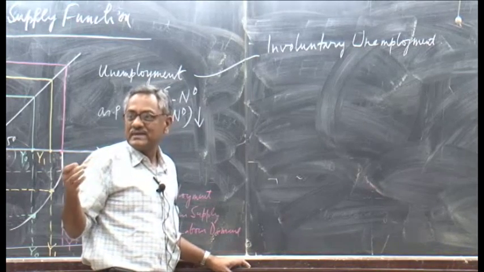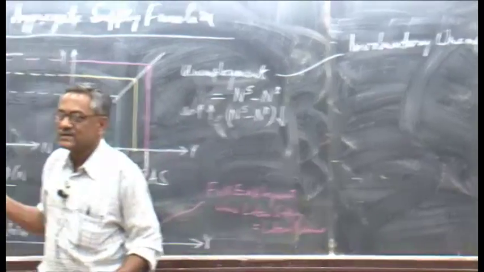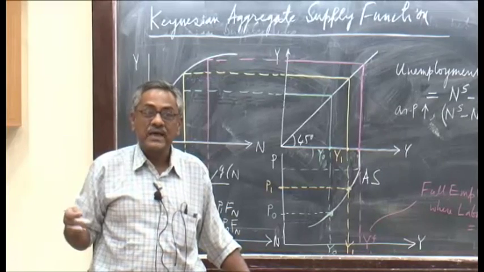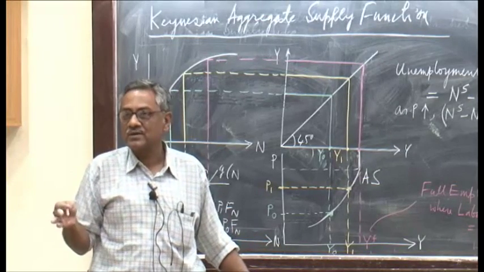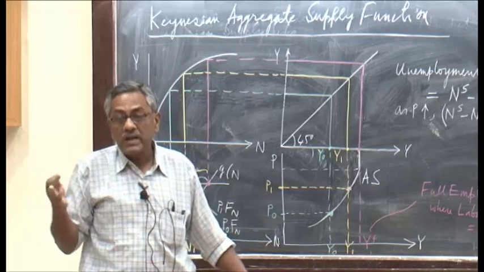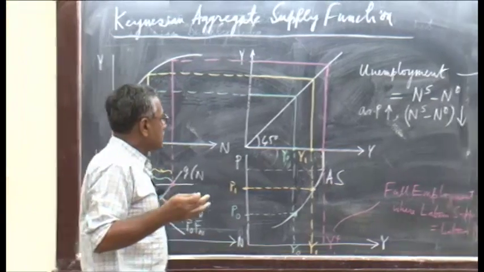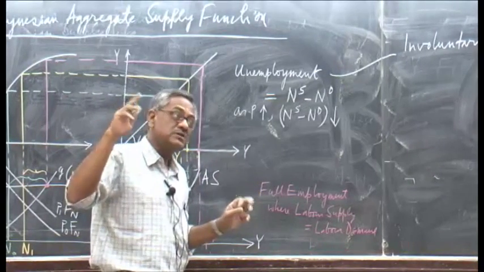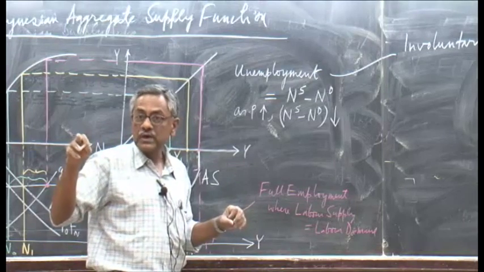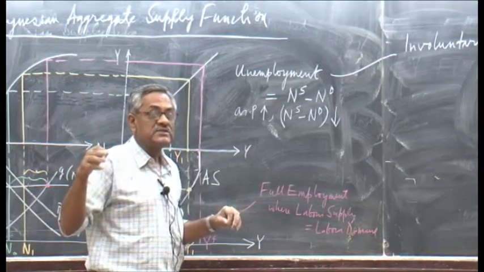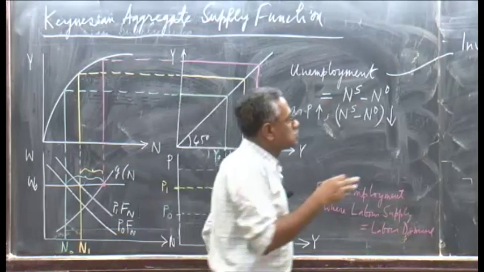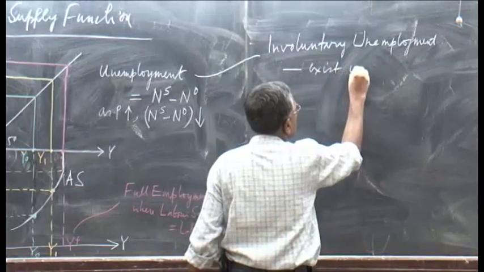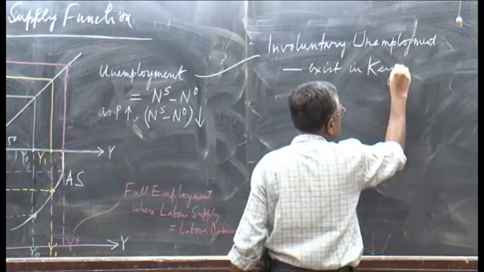So this unemployment had another adjective added to it, called involuntary unemployment. Not voluntarily, involuntarily. It means against my wish, I'm unemployed. I want to work, but I don't find work. True unemployment. And the unemployment at full employment level, which I talked to you about in the first topic, is the frictional unemployment. That is voluntary unemployment. All right? So involuntary unemployment can exist in a Keynesian model like this,